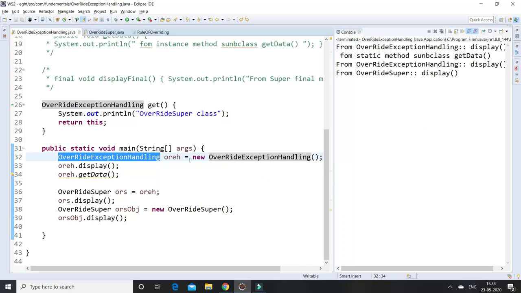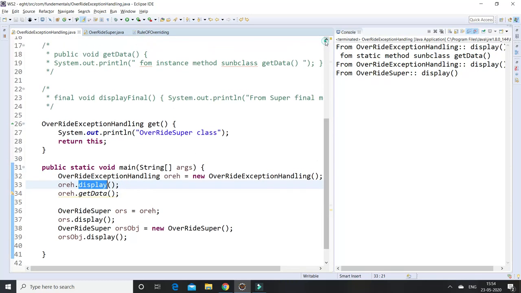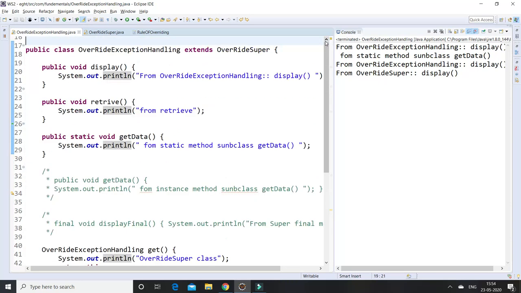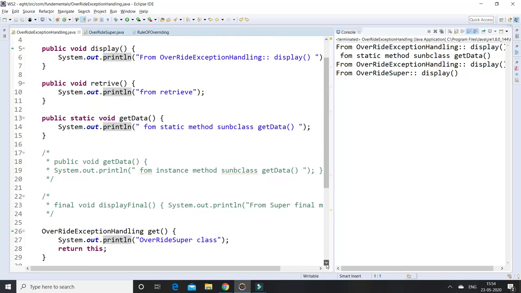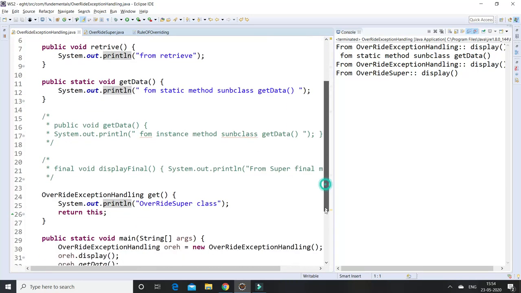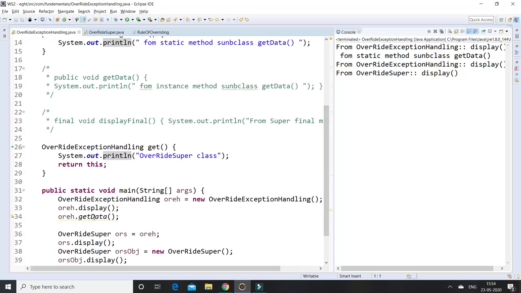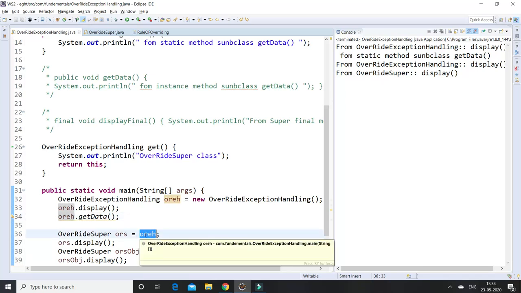See, whenever I call the subclass object's display method, it calls the subclass method. Here, from overriding exception handling, the display method is called. Second, I am calling the getData method, which displays the subclass getData. Suppose I assign the subclass object to the superclass reference.